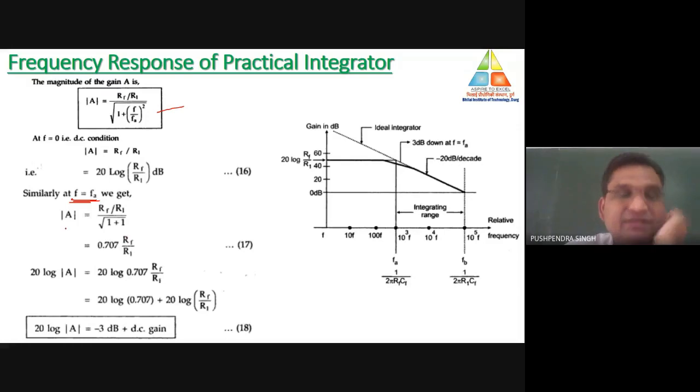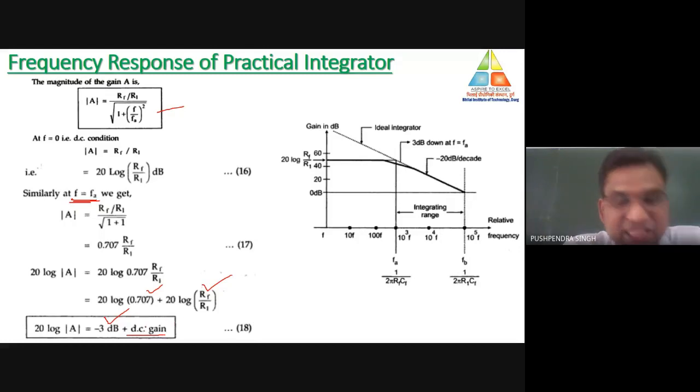Now replace it in terms of dB, because we are working with dB only. So 20 log to the base 10 of mod A is equal to 20 log 0.707 multiplied by RF by R1. It can be written as 20 log 0.707 plus 20 log RF by R1, where 20 log 0.707 is equal to minus 3 dB,